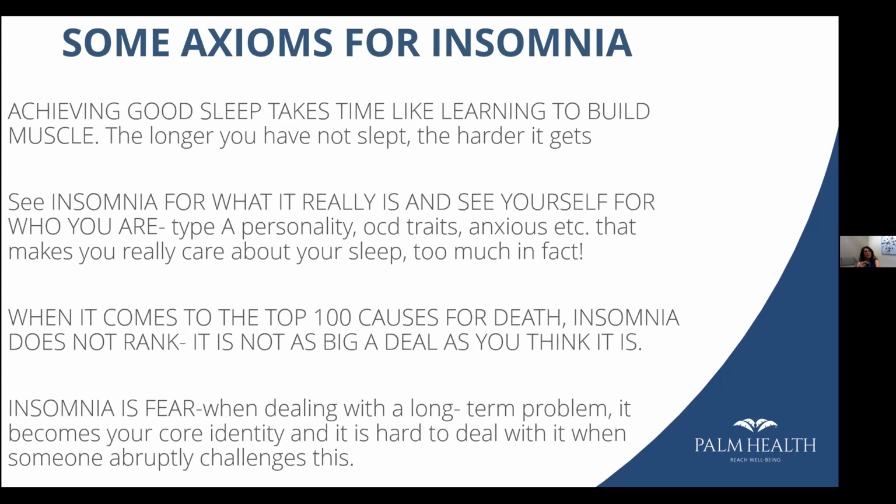Type A personalities, people with OCD traits, people who tend to have anxiety, tend to be much more concerned about their ability to sleep, right? Like for me, if I don't sleep a night, I'm okay. I know I'm going to be okay. I think residency taught me that, where I would go 36 hours not sleeping and still function quite well. So if you have that attitude, you're more likely to sleep. But if you have the attitude of caring so much that you really should get to sleep, then you won't